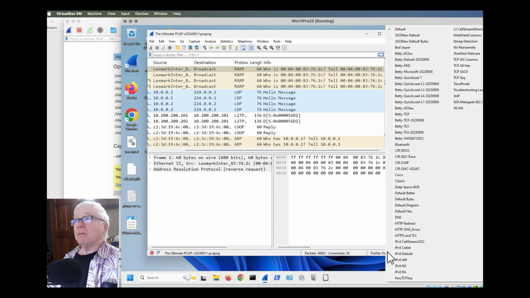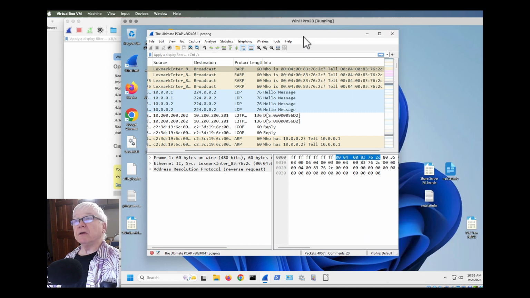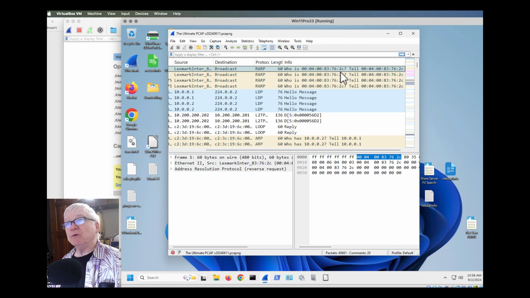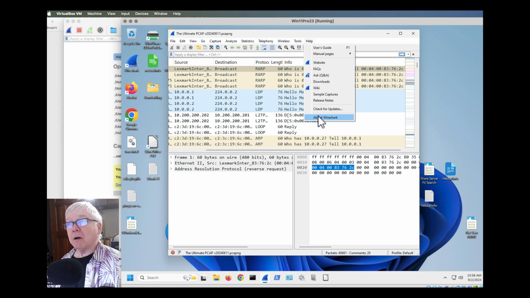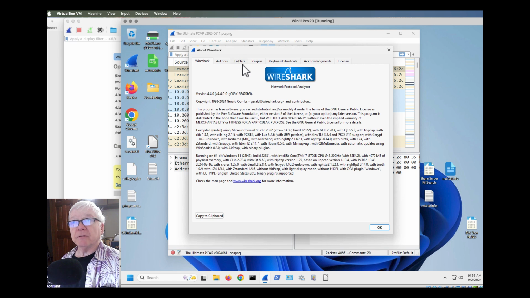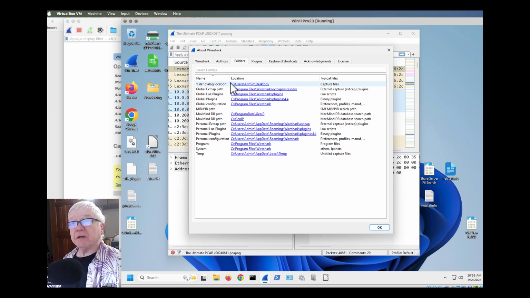No. Actually, well, it did find it, didn't it? Oh, it found a whole bunch of stuff. So it did. Oh, I guess the removal did not actually remove what I thought it was going to remove. Well, all the files about Wireshark are in different folders. If I go with the Windows version about Wireshark here, I'm going to see a link to folders, and I'm going to see here's where the different kinds of things are located.